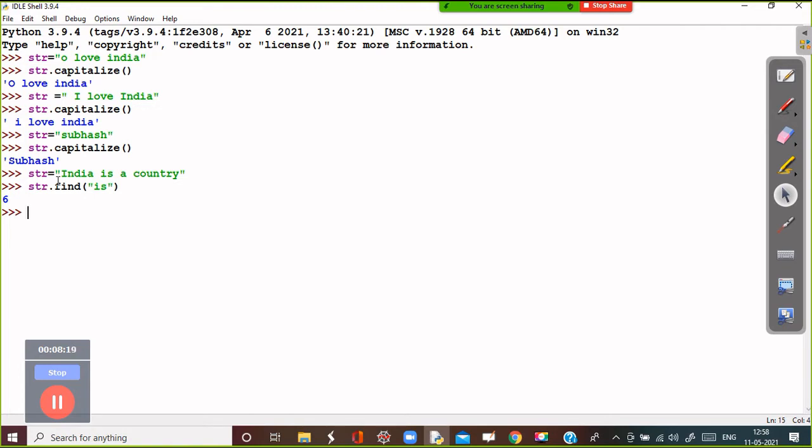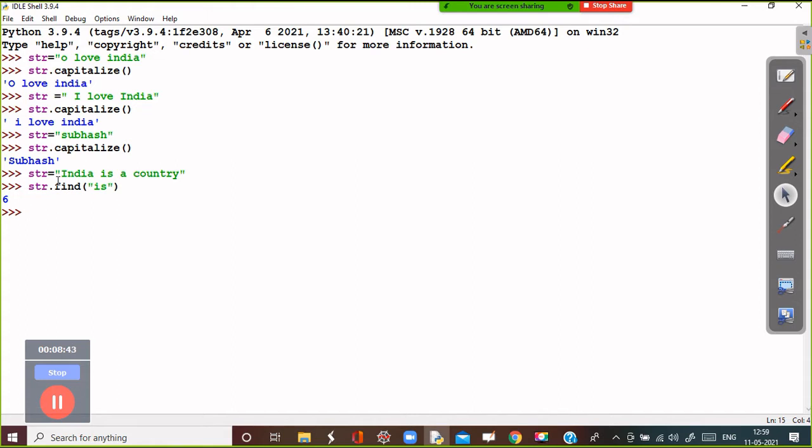And if you want to change the starting position, then you can give the start position also in the parameter. If no start position is given, then it will take it from 0. So India is a country is a string, and each is a substring there.